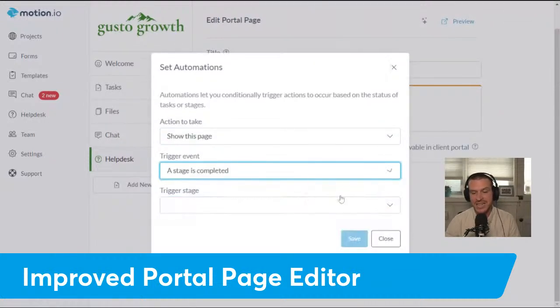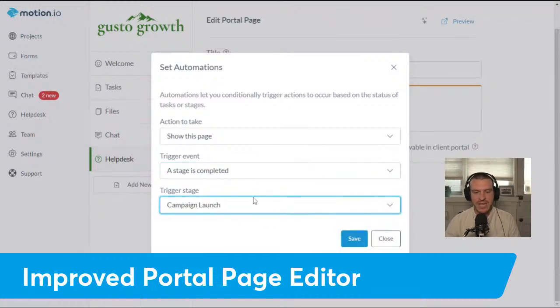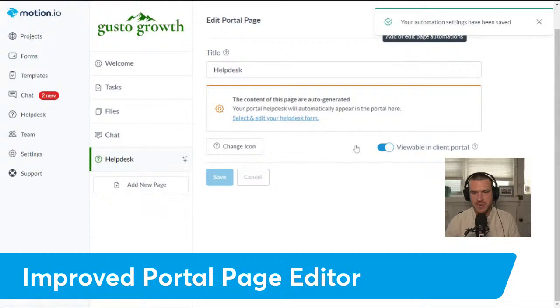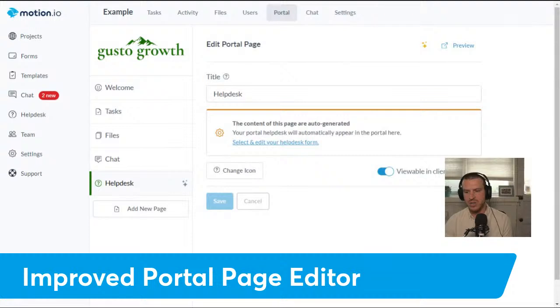Or sorry, once a stage was completed, I wanted to show this stage. And let's say after the campaign launch stage was finished, I could automatically make this help desk page become accessible to my client. So I know that wasn't exactly the way that you were describing, what you were looking for, but I think that is somewhat of a workaround that allows you to give clients access to things